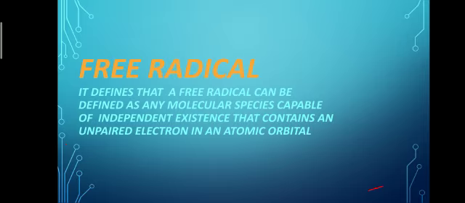Let us know about the free radical definition. A free radical can be defined as any molecular species capable of independent existence that contains an unpaired electron in an atomic orbital, which means the atom having an unpaired electron is called a free radical. Example: